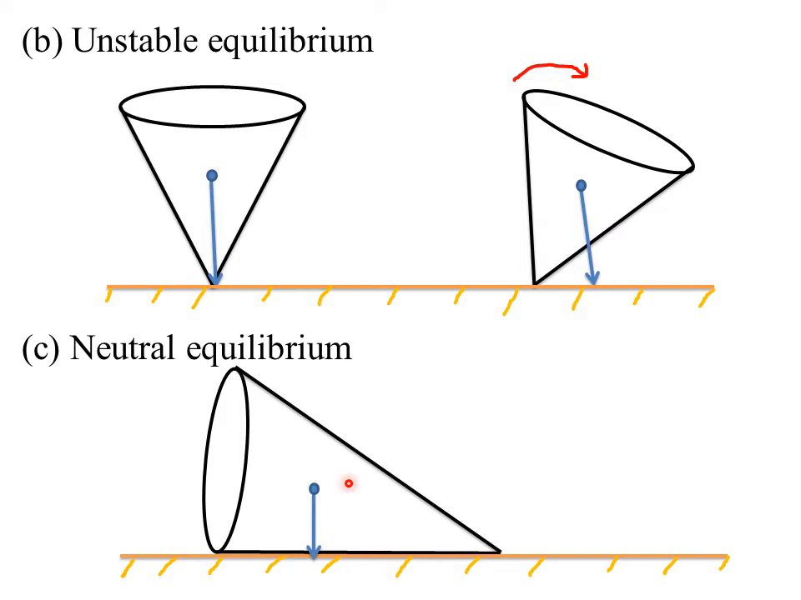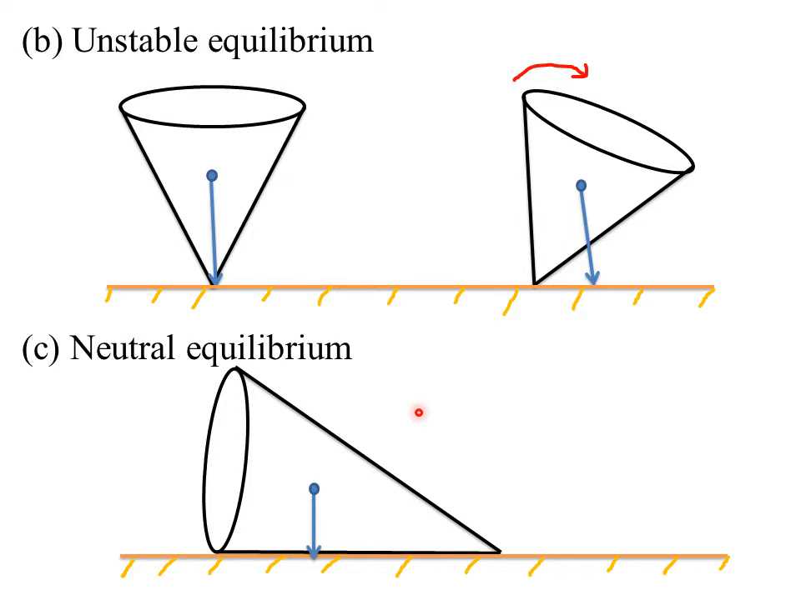So it can only move from one point to another, but you cannot change the position of center of gravity because the COG is already in the middle of that particular ball. So most spherical objects will actually fall under neutral equilibrium. So in short, or in summary, we have said that we have 3 states of equilibrium, that is stable, unstable,